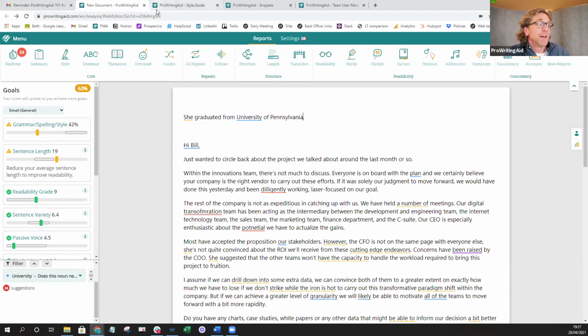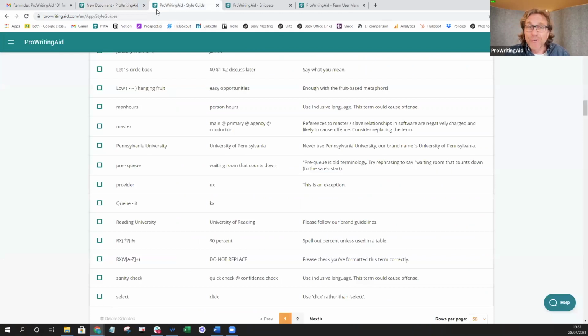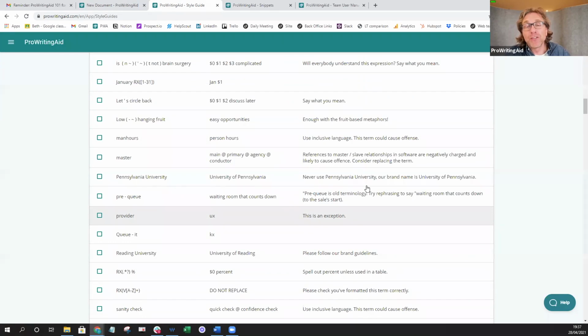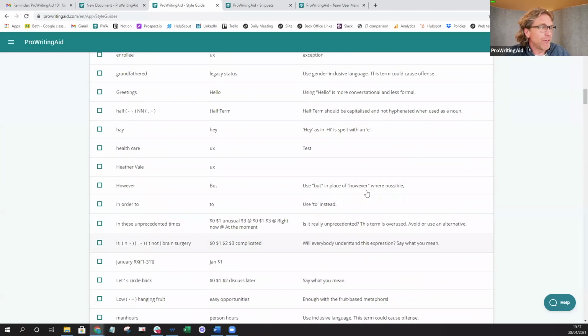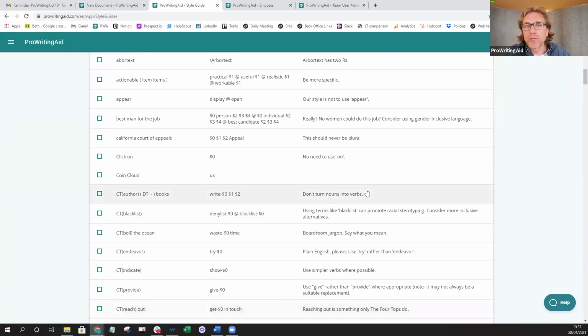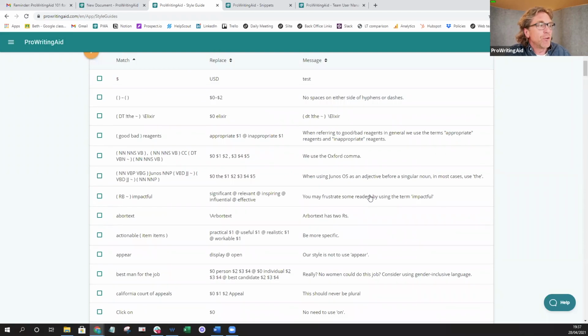Now, this can get really, yeah, sorry, Micah, go for it. It can get very, very complex, right? Yeah, absolutely. We use parts of speech tagging within our rule generator to be able to define certain parts of speech. So if, for instance, you have a word that you want identified as being used as a verb or a noun, and you can differentiate between the two, then you can use parts of speech tags to